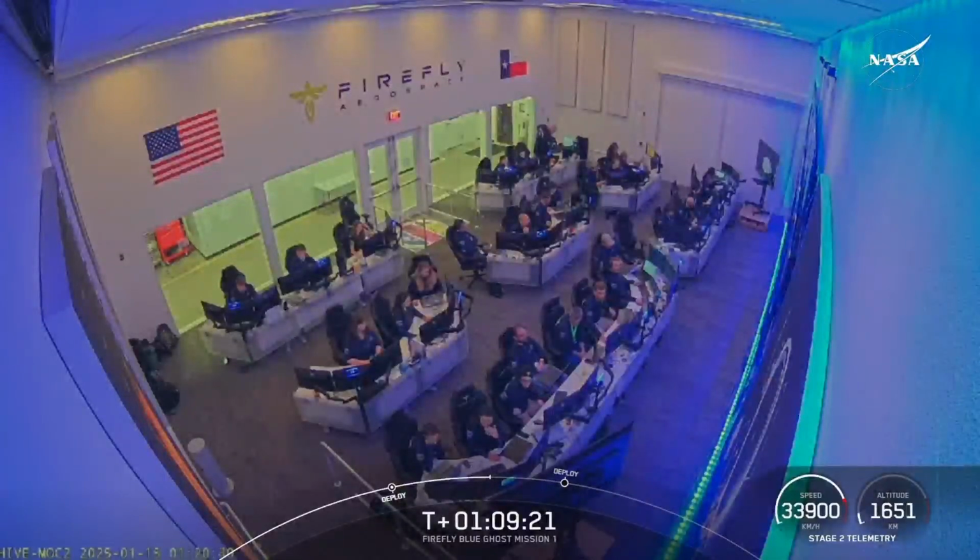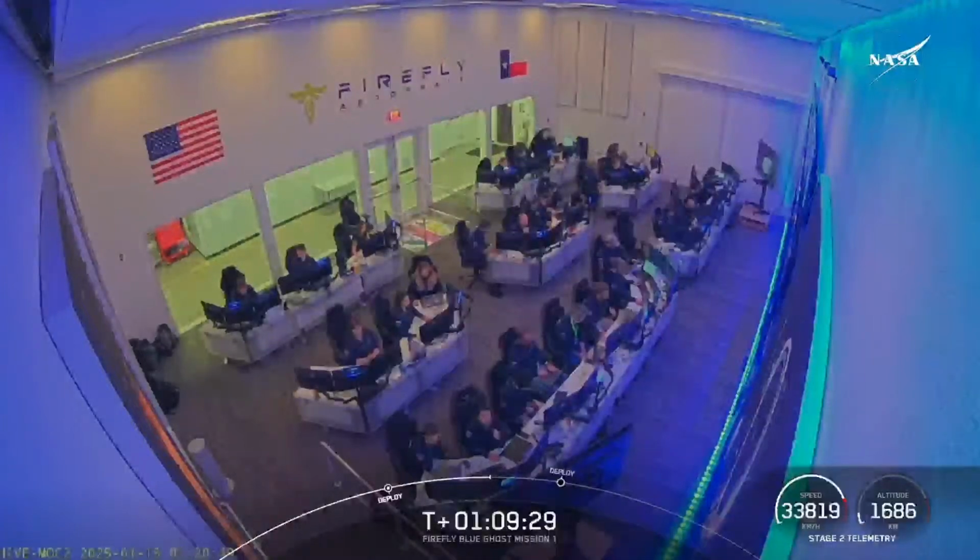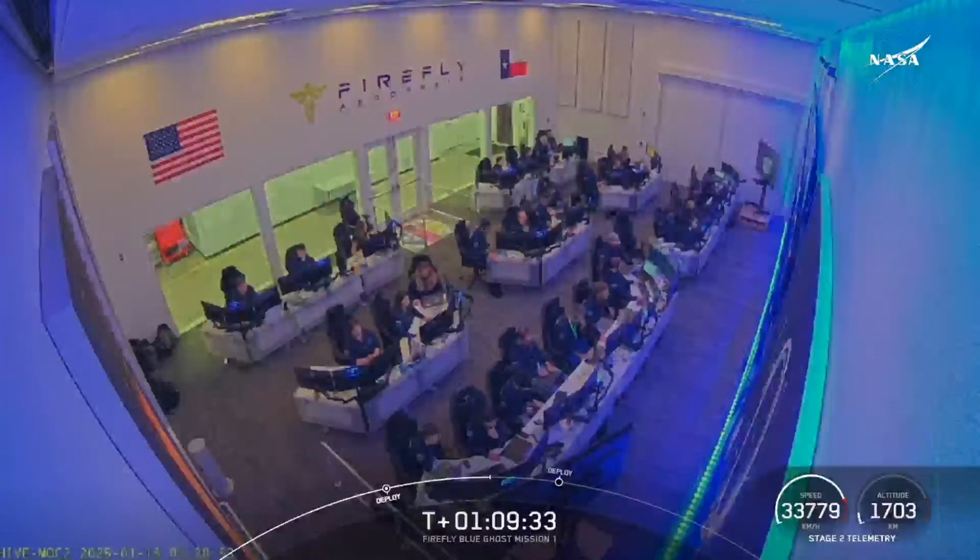And we jumped right into the work. The file is ready, and we are working on commenting in the logbook right now. That's what the Firefly team is doing in order to get that signal. We barely had a moment to soak up that separation, so we're going to re-cue that up right now, Ray, and I want to get your thoughts as the sun